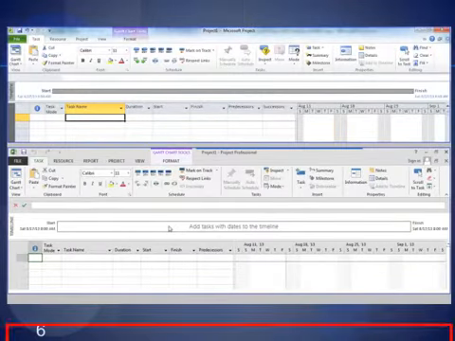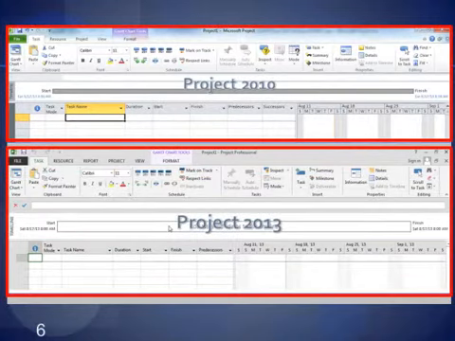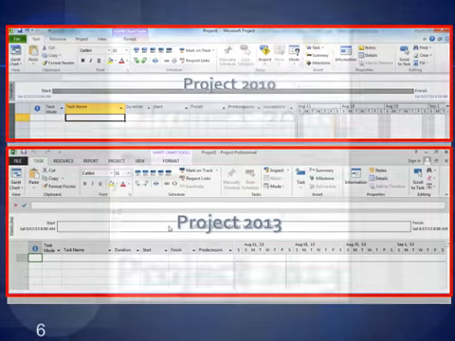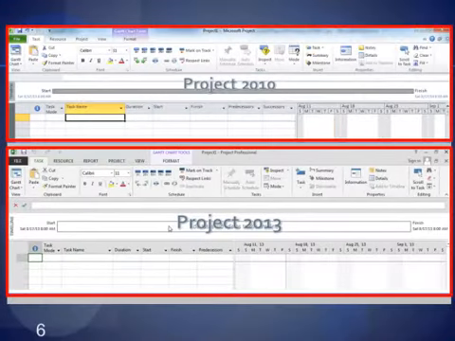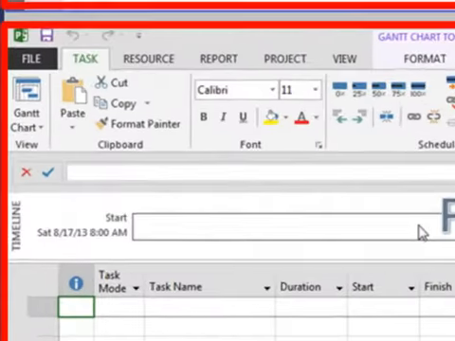Here on the screen is a top-to-bottom comparison between Project 2010 and Project 2013, with 2013 in the bottom panel. 2013 takes up a little bit more screen real estate with its new graphics, and the timeline has a bigger footprint. The fonts are also wider in 2013, and the command button icons are not as smooth, and they're a little more edgier and not always in exactly the same place as you found them in 2010. I think the redesign was done to facilitate using a smaller platform such as a tablet. For example, the ribbon tabs are easier to pick up and read on a smaller device, so the redesign